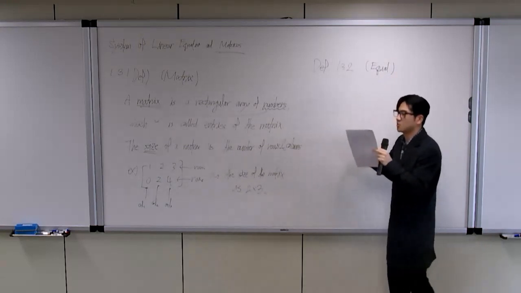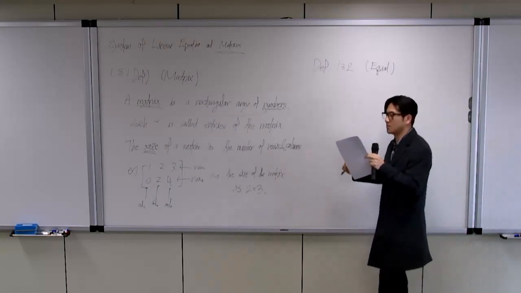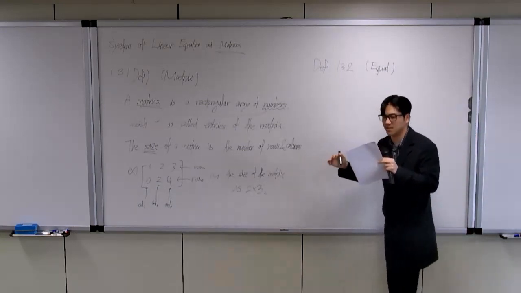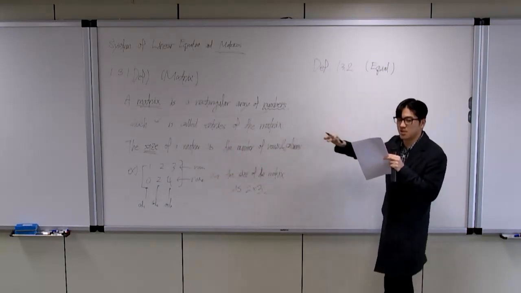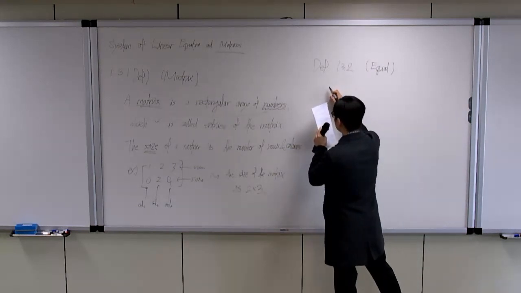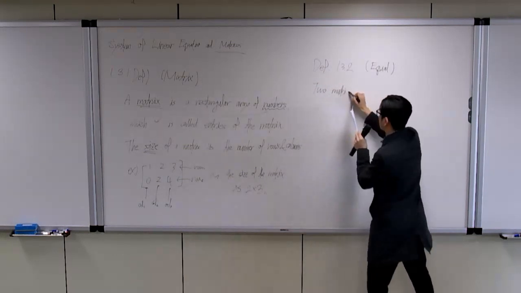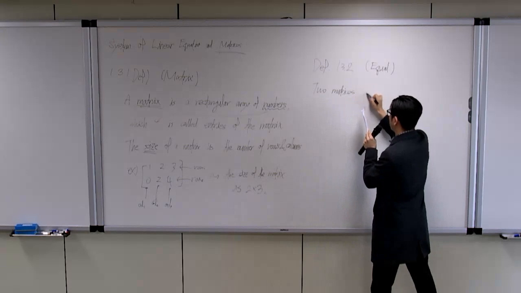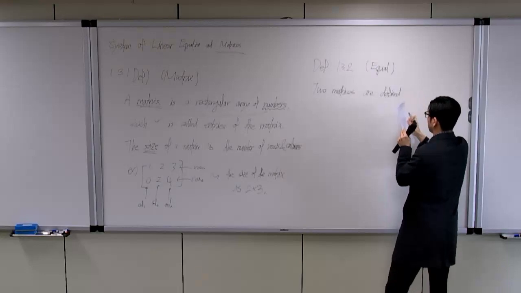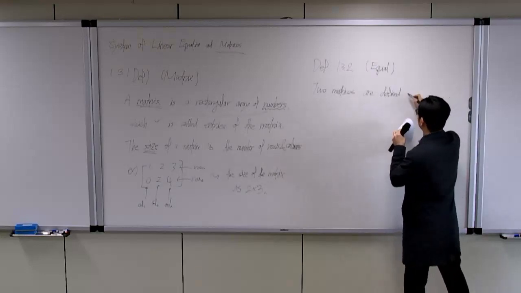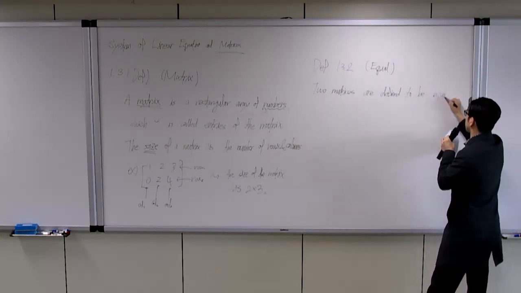It is to compare two matrices. We need the concept of size and correspondence of each entry. So the definition is that for two matrices to become equal,